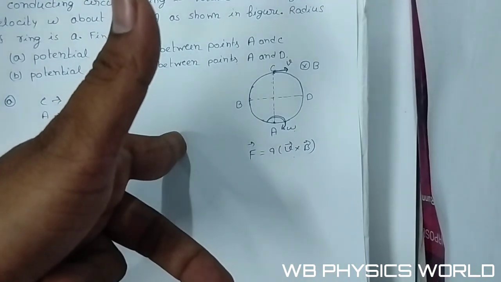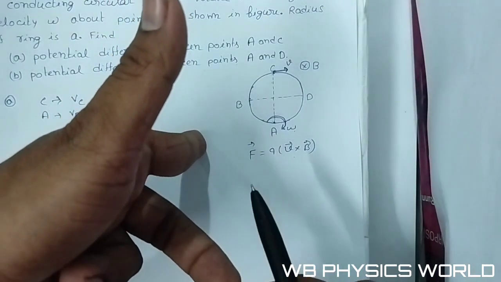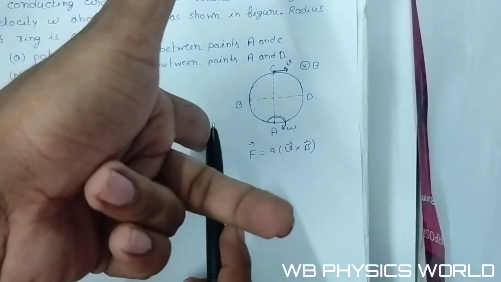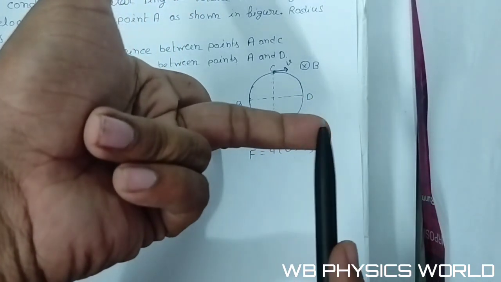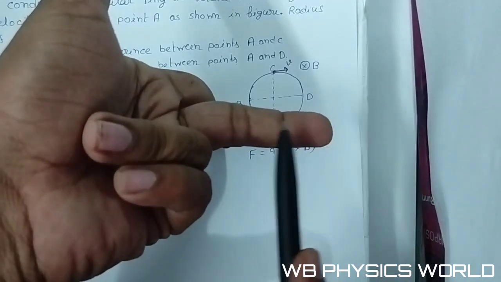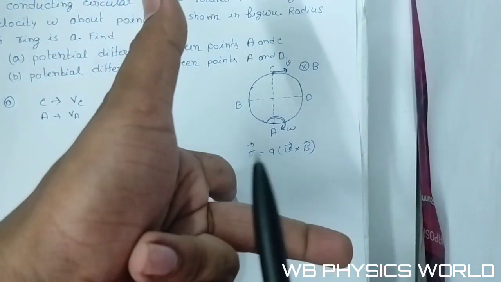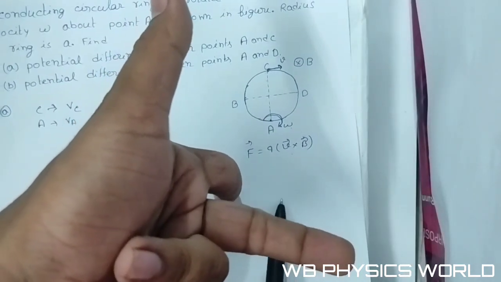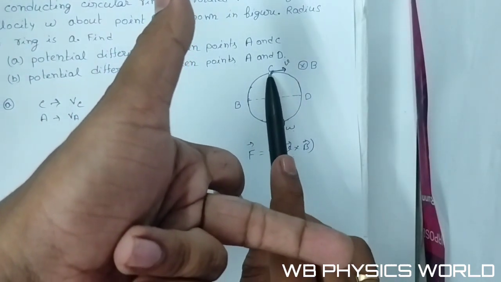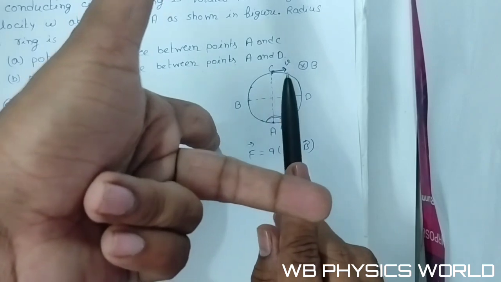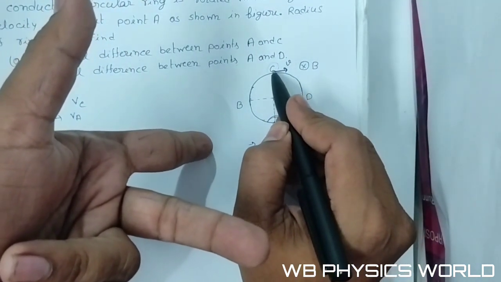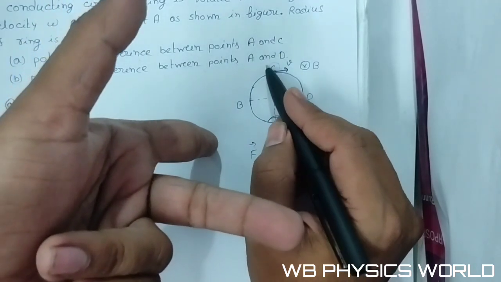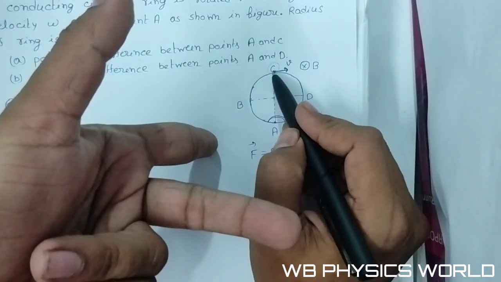Here magnetic field is directed inwards the plane of the paper, and the positive charge particle is directed in this direction, so the force on the positive charge particle is towards the point C. So positive charge particle can accumulate at point C, and if we consider the negative charge particle, so the force